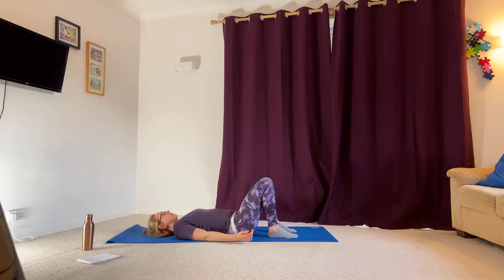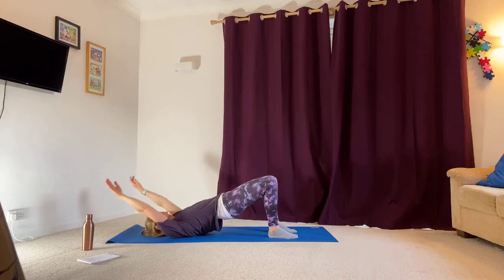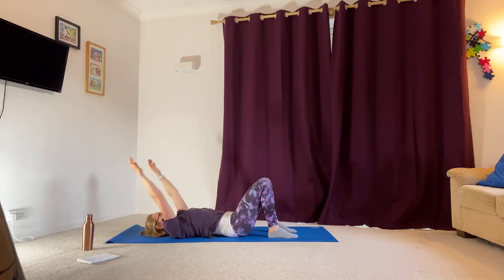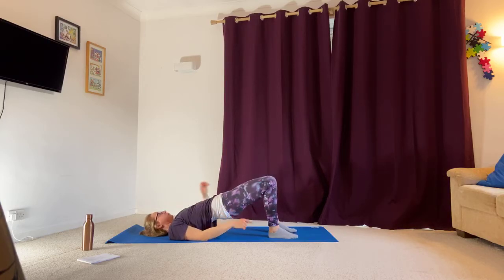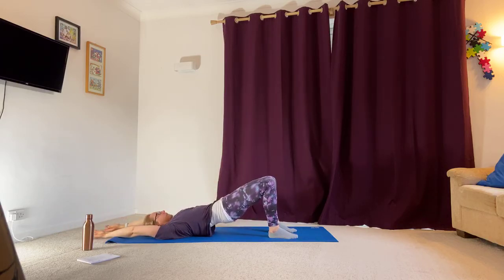Lovely. Now if this is working really nicely for you, next time you come up, keep the hips high, squeeze the glutes to push them up, let the arms float over the top, and then peel the spine back down. And when you're back at neutral, you've got that gap under the lower back, and the arms float back. So breathe in, make sure the core is engaged, breathe out, squeeze the glutes, push the hips, roll, roll, roll, the knees are pushing away, you're working through the heels, arms float over, coming back down,